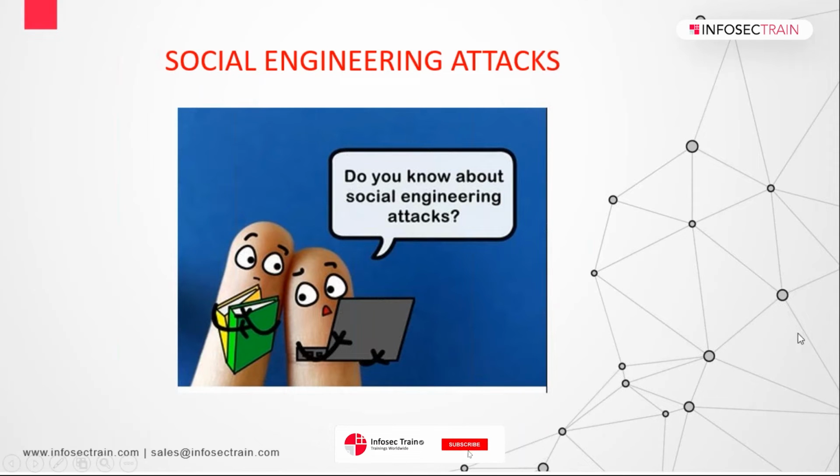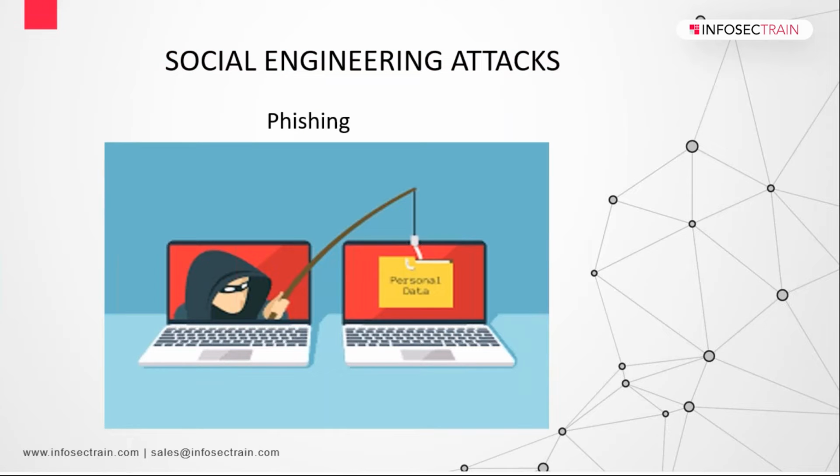Moving on, the next one, if we talk about social engineering attacks, the very first one, guys, is phishing. So what's phishing? Phishing is a cybercrime in which a target or targets are contacted by email, telephone or text message by someone posing as a legitimate institution to lure individuals into providing sensitive data such as their PII. PII is personally identifiable information, like their email IDs, mobile number, social security number, and all those personal things, like their banking and credit card details and passwords. So that's your phishing.